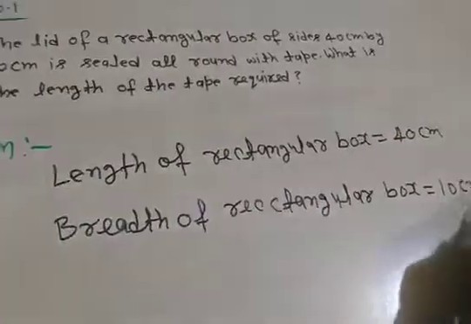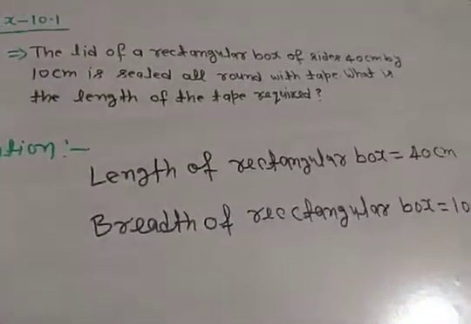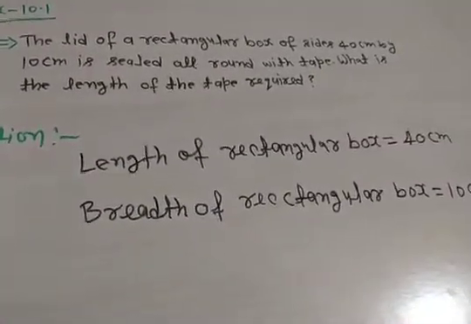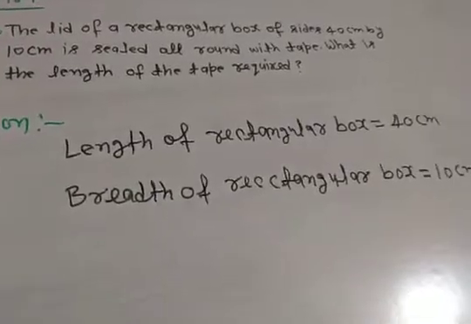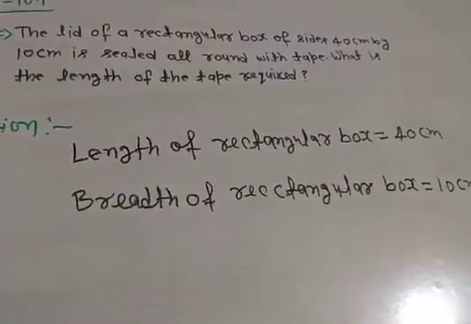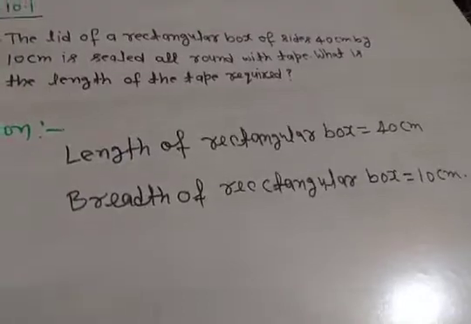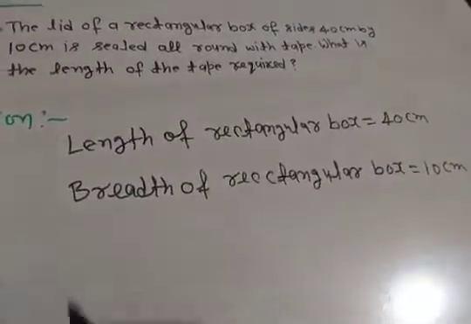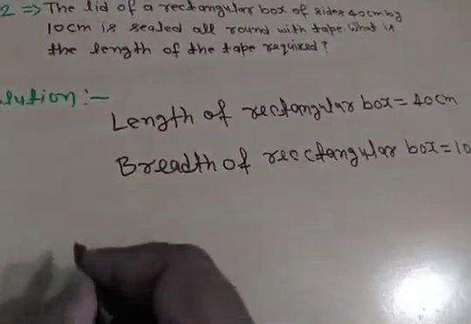This is given. We find the length of the tape required. For this, the length of the tape required is equal to the perimeter of the rectangular box. Clear? So we write here